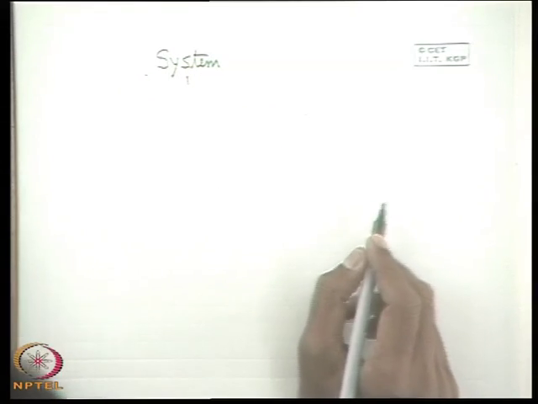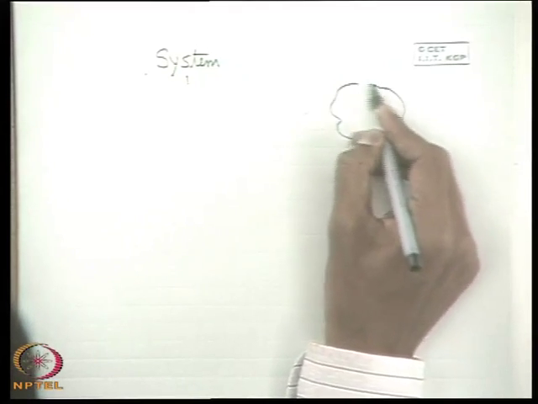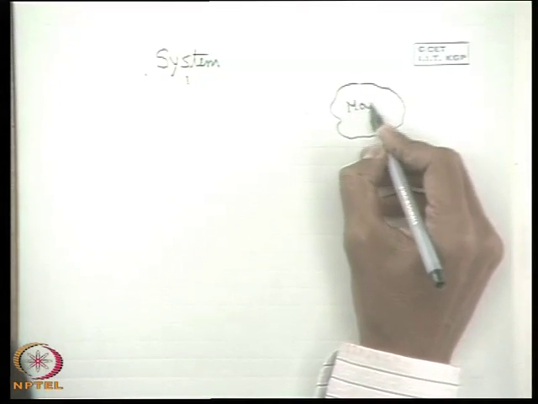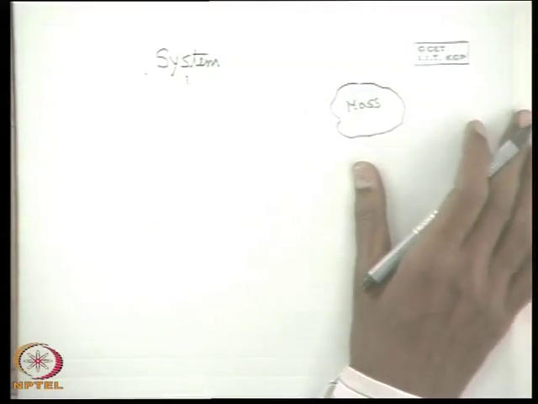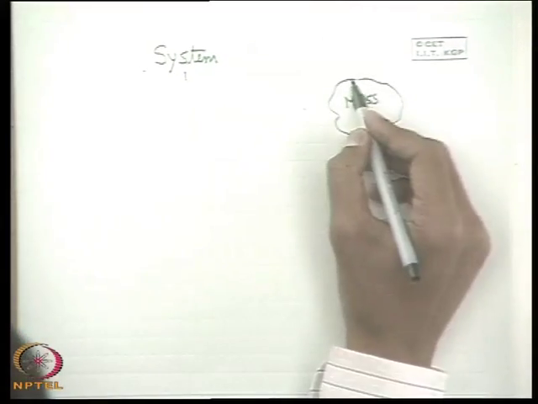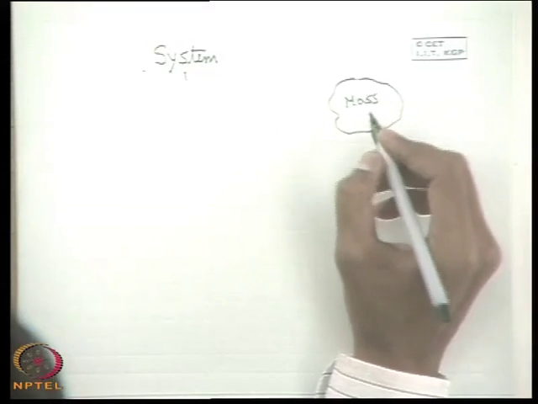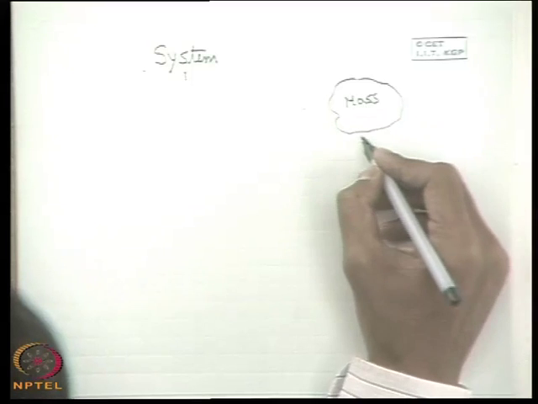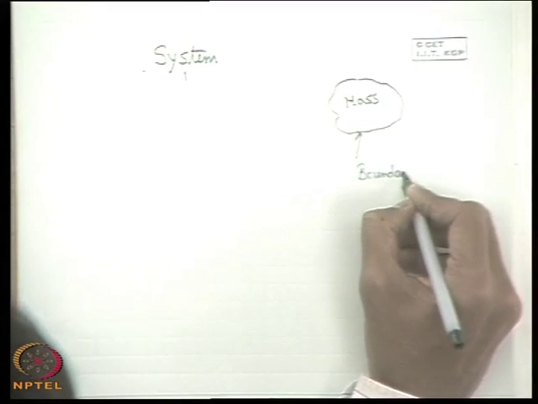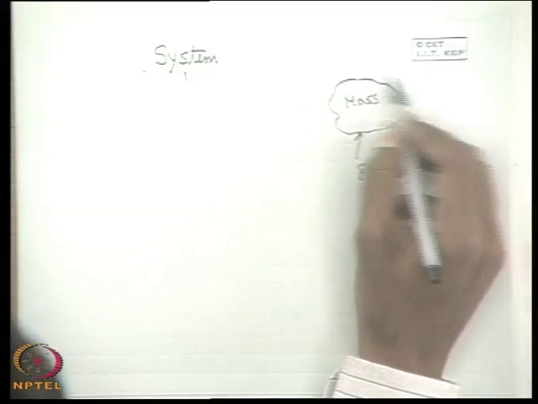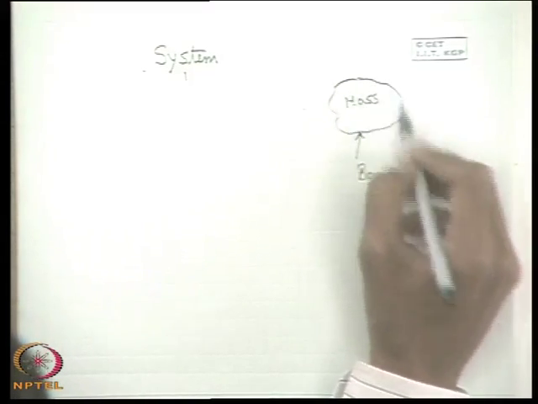Now, a system is usually defined as some amount of mass of the working fluid or working system, some amount of mass within a given boundary. So the system definition includes two things, some amount of mass and some boundary. Boundary is very important for defining a system. So a system distinguishes a given mass with a given boundary.